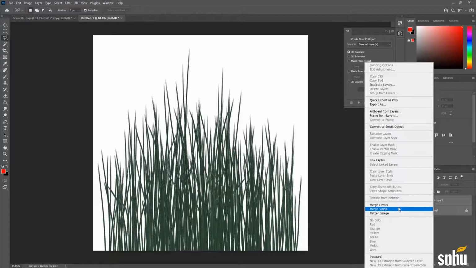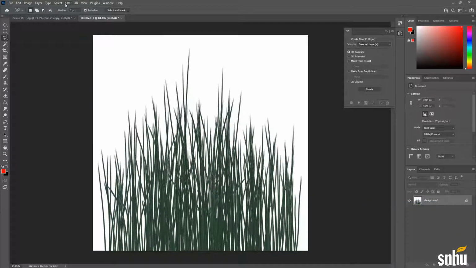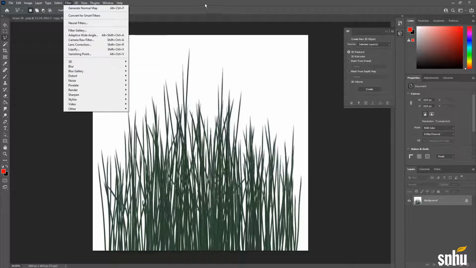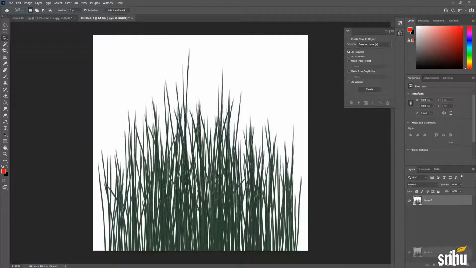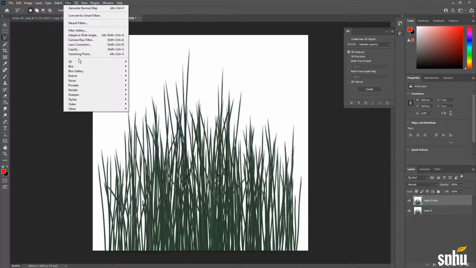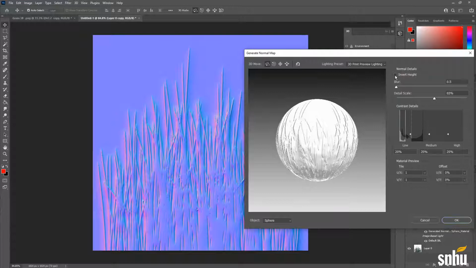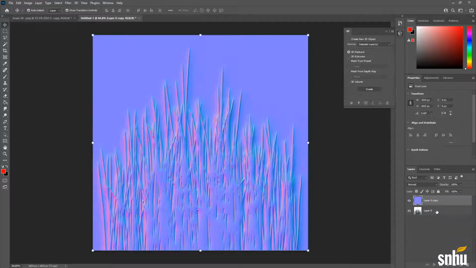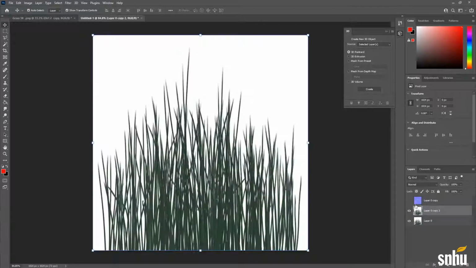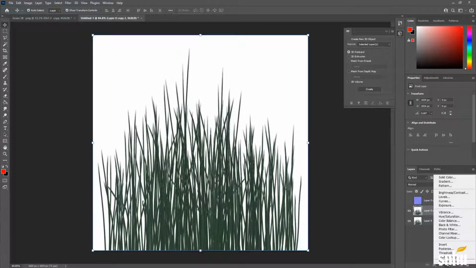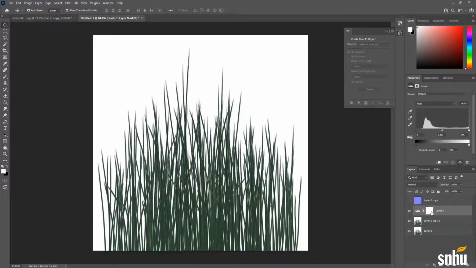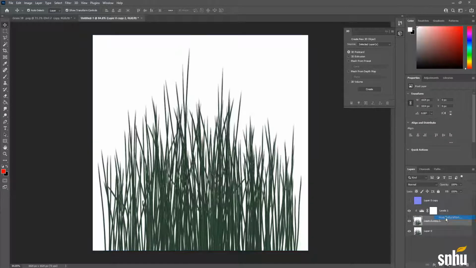And let's merge these because we already have our alpha. We can go Filter, 3D. Oh, it's actually like a duplicate of this. And then Filter, 3D, normal map. Oh, yeah, that looks good. So now I'm going to make another duplicate of this. I'm going to hide the normal. And then let's go Levels. And I'm going to hold Alt until you see this little arrow thing here. Click it, so it only affects this layer. And we're going to do the same thing with hue saturation.